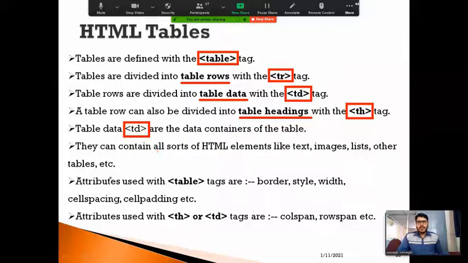And also we are using some attributes. We can use some attributes along with the table tag to define the border of the table, to define the style of the border, and also to specify the width of the table. We can specify cell spacing and also cell padding of the table. These are several attributes we can use within a table tag. Each attribute has its own meaning. So we can set the border